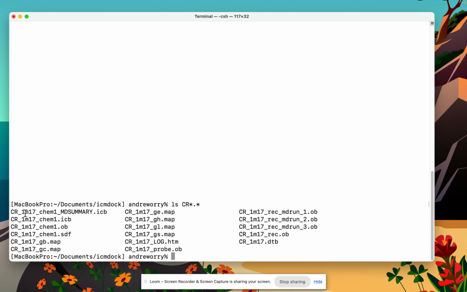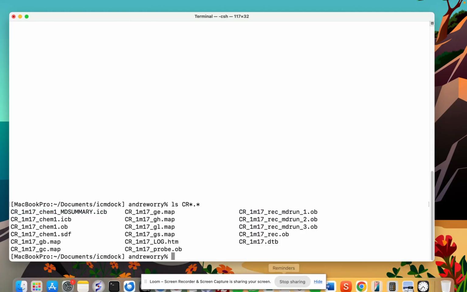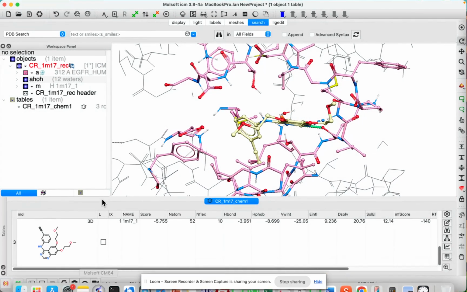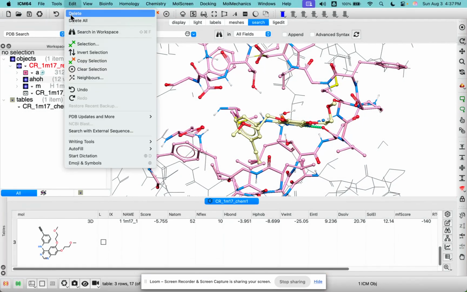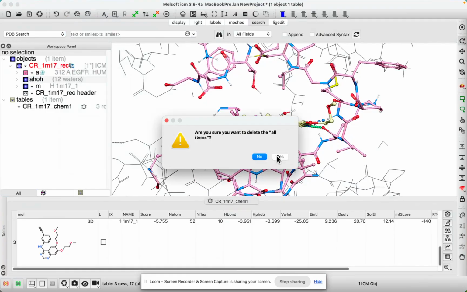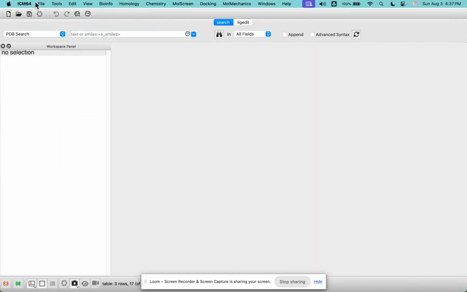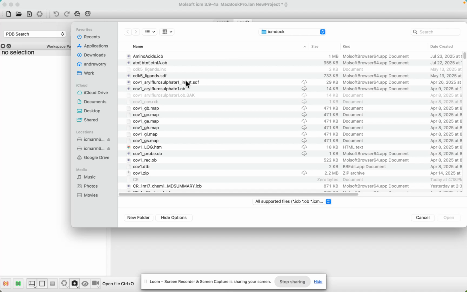When it's finished, you'll get an ICB file called MD summary. We'll take a look at that in a minute. And you'll also get the object files from your MD run here and here. So let's first open one of the objects from our MD run. So I open ICM. I'm not really interested in the original project anymore. Delete all. I'm going to have file, open, and then